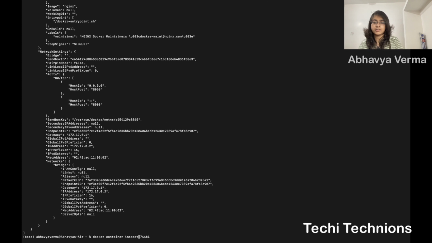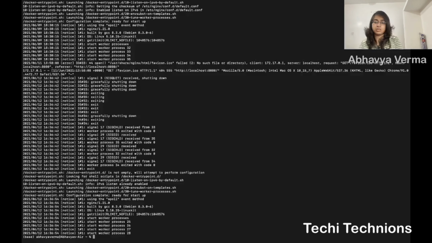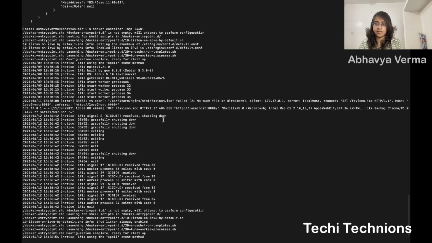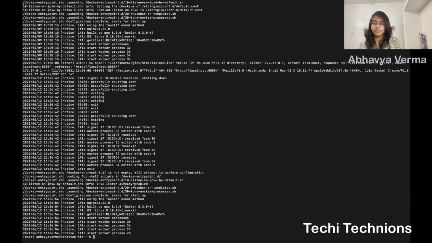So logs and inspect are not the same. Inspect gives you the information about the container, and logs give you the log files, like whatever the container has done, performed, etc. So how the workers are working, this kind of information is passed through the Docker logs command.